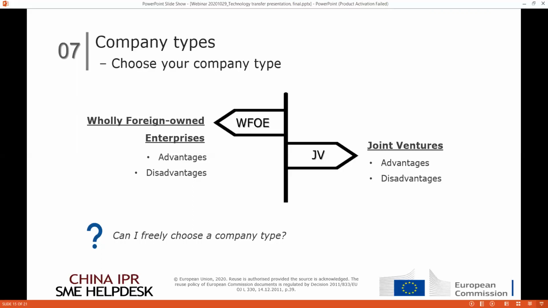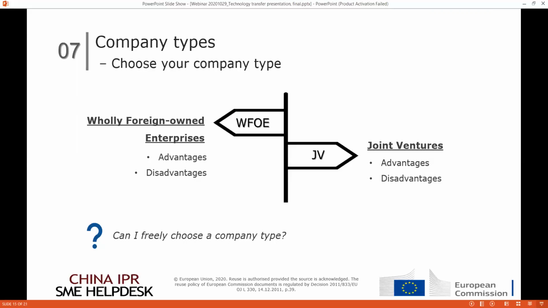Also, if you want to have a Chinese counterparty, this is also the type of company that you will need. And it is always advisable to have a Chinese party because they bring you knowledge about the Chinese market and how everything works in the country. That is always, or in most cases, beneficial for starting a new company. The disadvantage is that you will not have full control of the intellectual property rights,